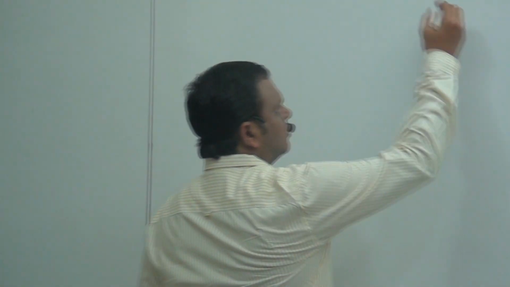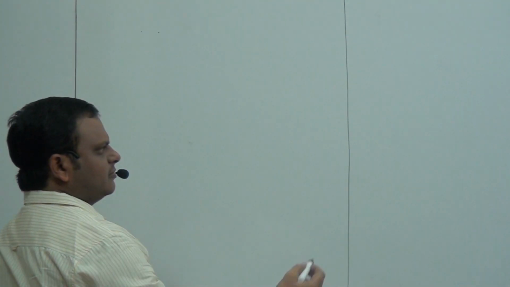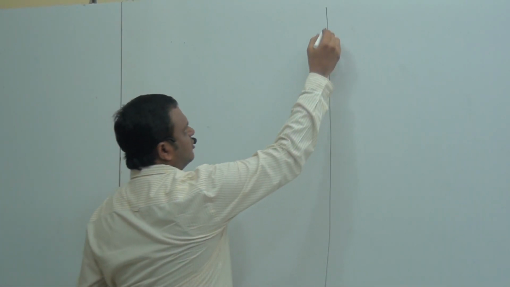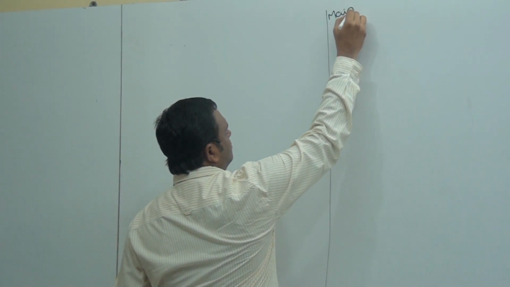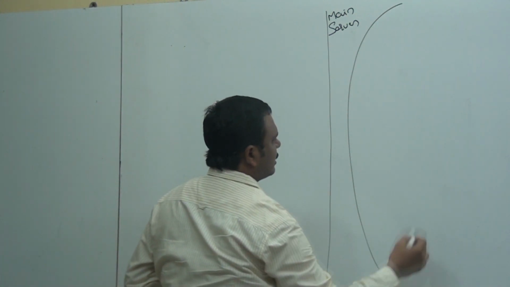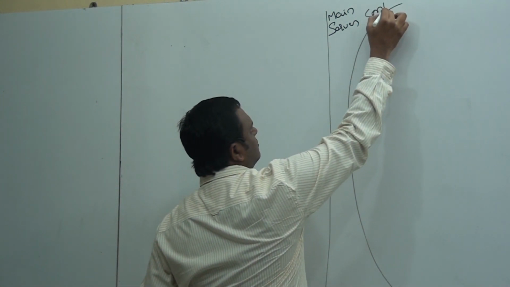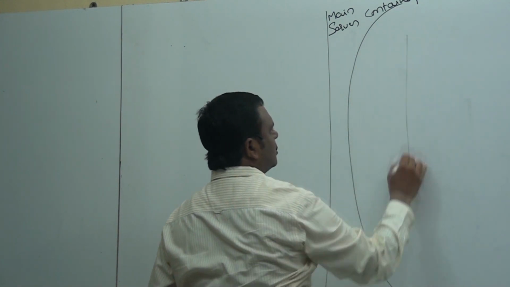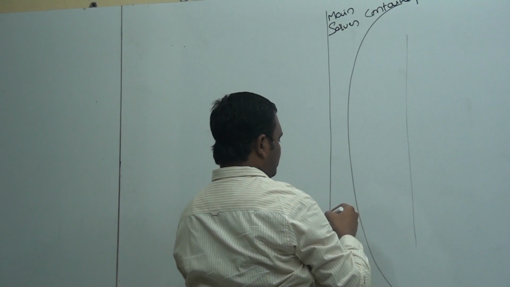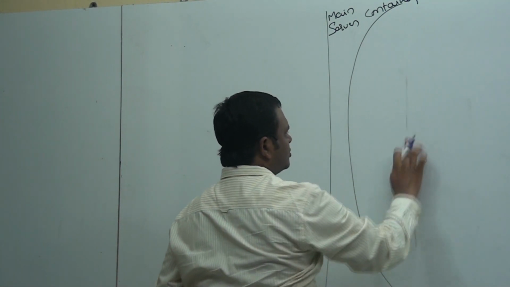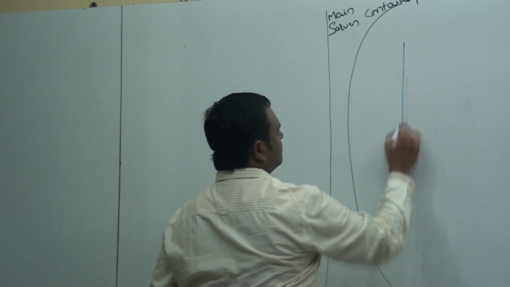For example, if we come to the server side application, this is the server side, this is the client side. This is the main server that we are provided with. Along with the main server, the container will be available. This is the container. Now along with the container, we have our own web application. This is our web application part.